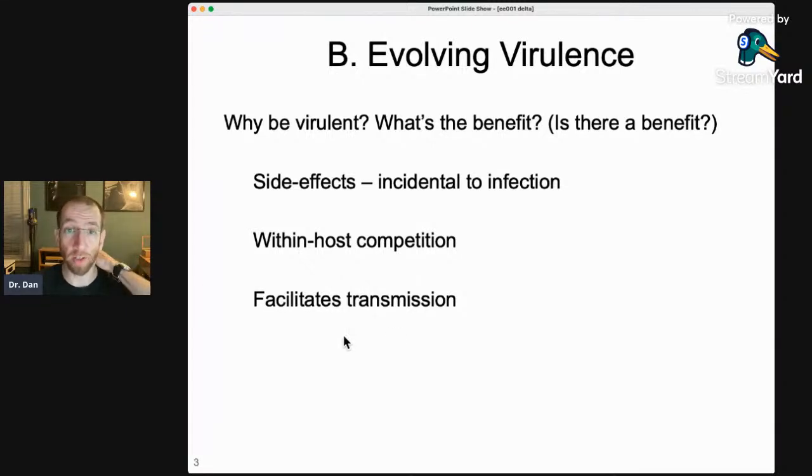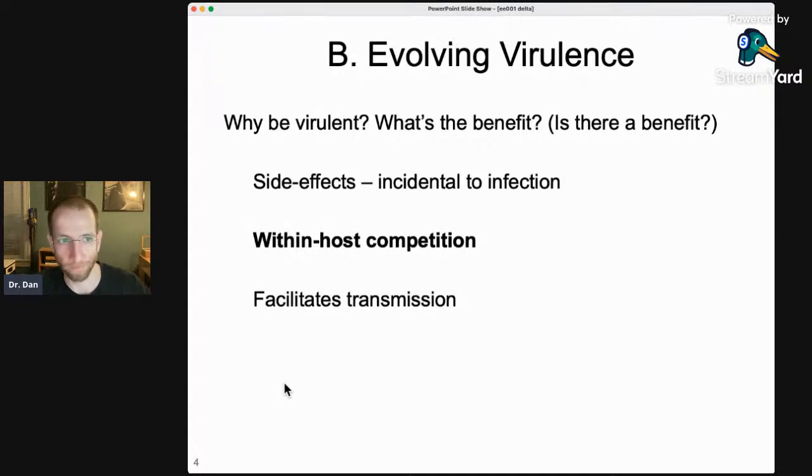And then finally, you could have virulence that actually facilitates transmission from host to host. An example of this would be cholera, right? Cholera causes really severe diarrhea. Cholera also spreads through contaminated water. So the symptoms, diarrhea, actually directly facilitate the transmission of that bacteria from host to host, right? So virulence can actually facilitate transmission. What we're going to focus on today is within host competition, because it's these dynamics, the competition that goes on both within and, as we'll see, between different hosts,